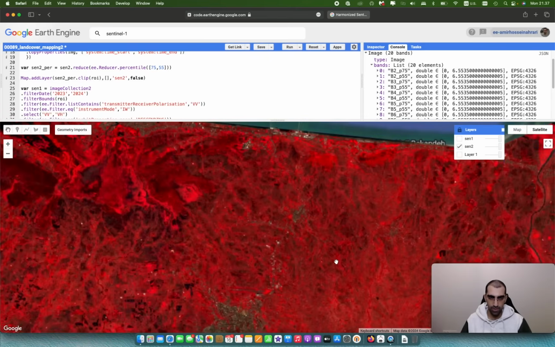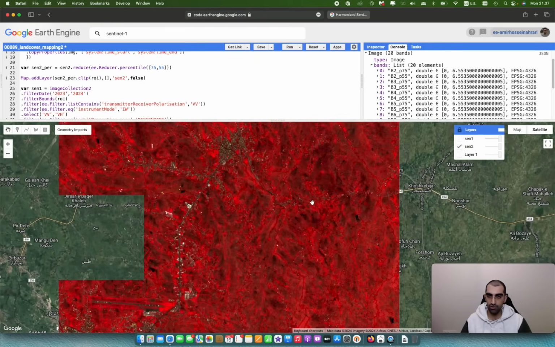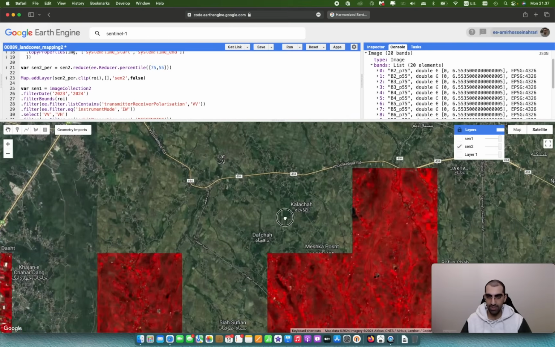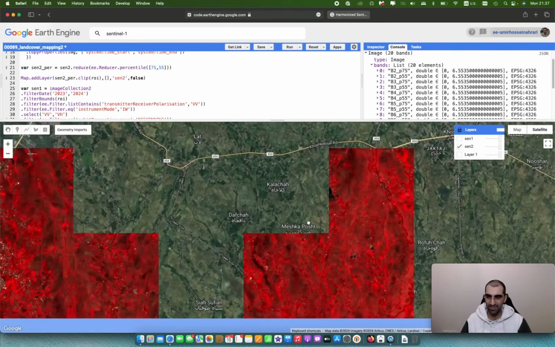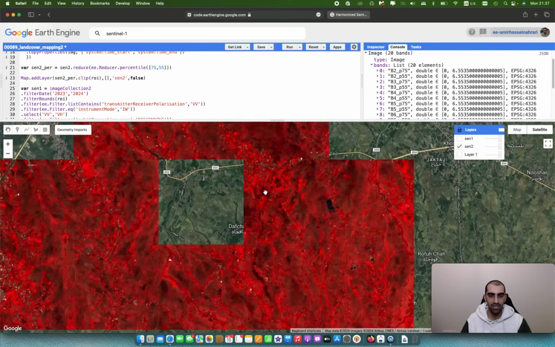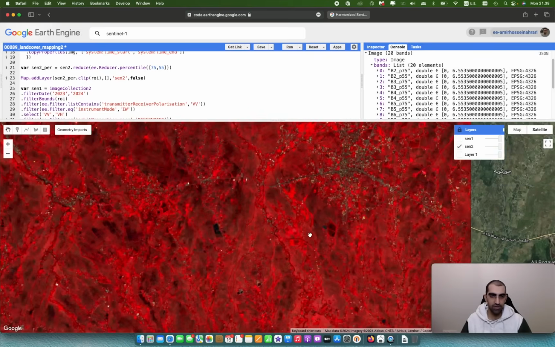If you zoom in a little bit, you can find croplands available here, but the farmland fields are too small or the region is very dense. This area is very dense and complicated, but you can easily find the red regions as cropland here,